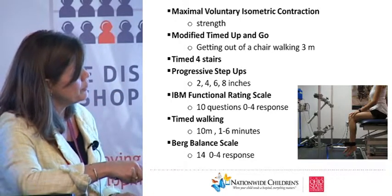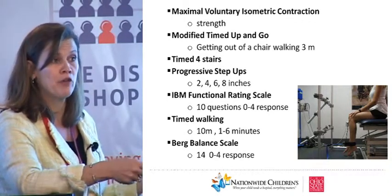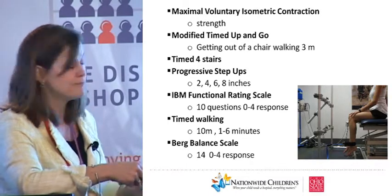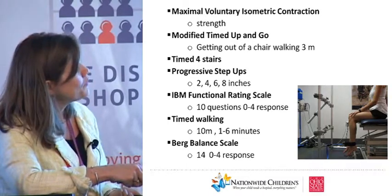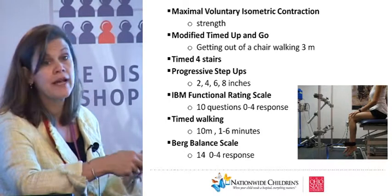This is my coworker, Lindsay. We have this large frame, which looks like the rack. The boys call it the rack. We ask them how tall they want to be, and then we put them in here and turn it on. But it has a force transducer right here, and it's attached to a fixed cable, and so it's an isometric